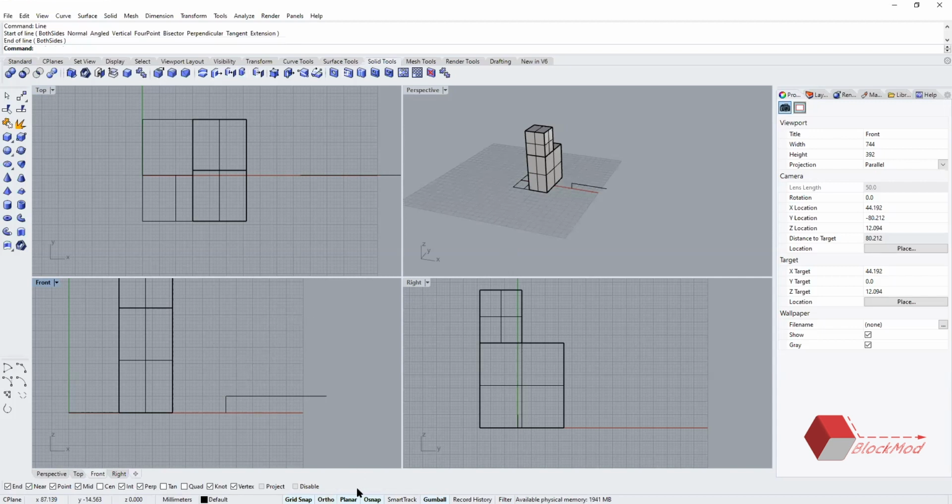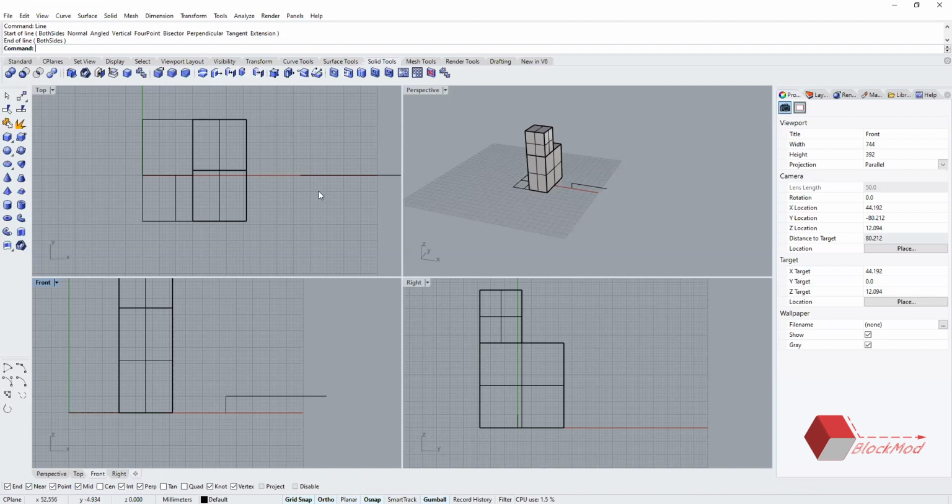This happens because there's an option, like in AutoCAD you have grid snap, ortho, and all of that. The same way here: grid snap, ortho, planar, O snap. Ortho is what everyone knows from AutoCAD, it's just for 90, anything you want to draw at 90 or 45.